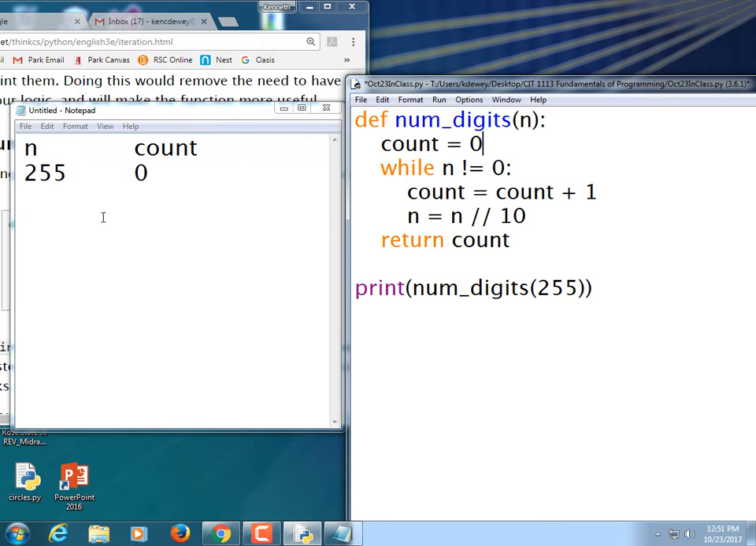So we received 225 at this point. While n is not equal to 0: is n equal to 0 at this point? No. So the next line says count is equal to count plus 1. What happens to count? Count becomes 1. Then n equals n